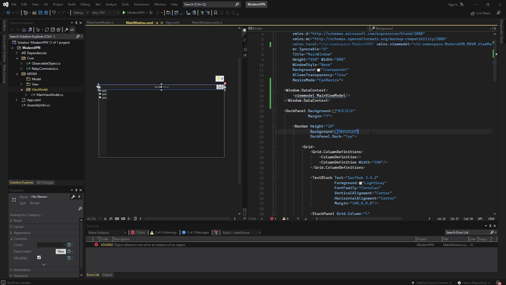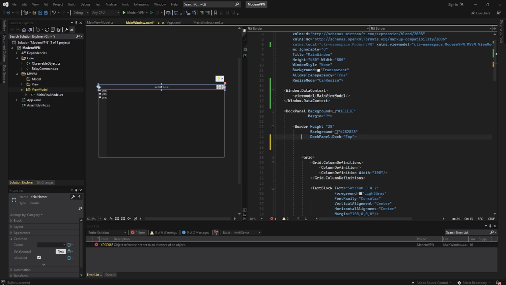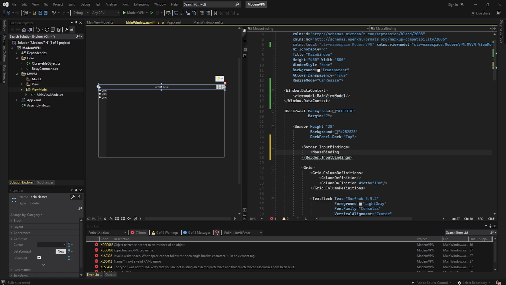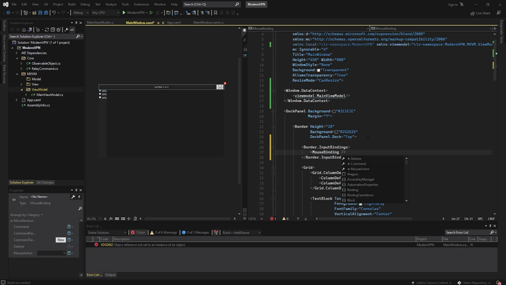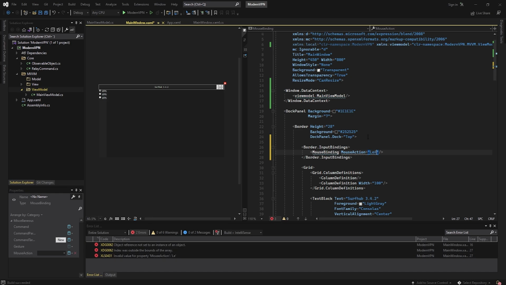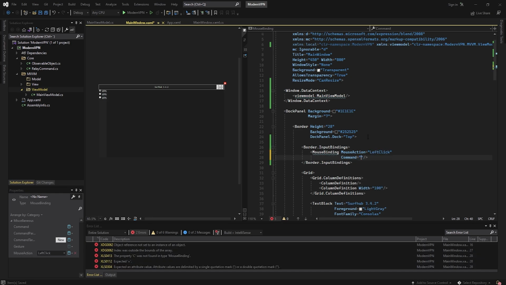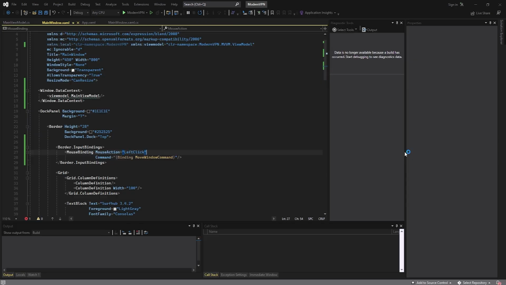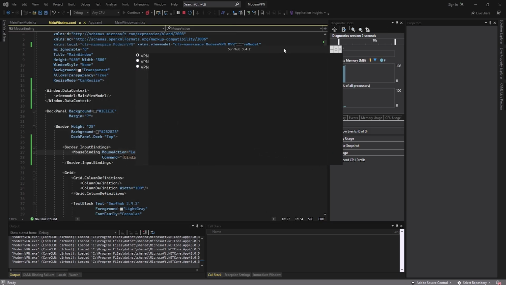Let's start with the border. Inside the first border right here, we'll do border.input bindings. We'll do mouse binding. We can self-close this one. The mouse action is going to be left click, and the command is going to be binding move window command. Rebuilding the project. There we go. We can actually run this application real quick, try it out, and we can see that we can move the